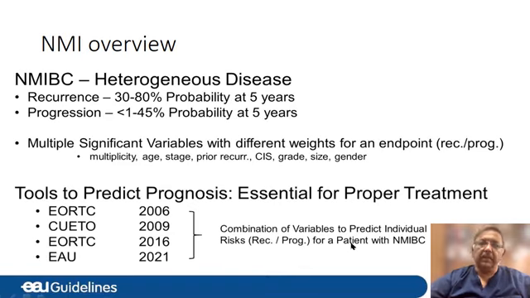In order to do that, over the years we have had various prognostic tools in the form of EORTC risk calculators, originally defined in 2006, subsequently the Kyoto model in 2009, then the EORTC 2016, and very recently the EAU prognostic indicator 2021. I'm going to quickly describe some of the salient features of these nomograms.